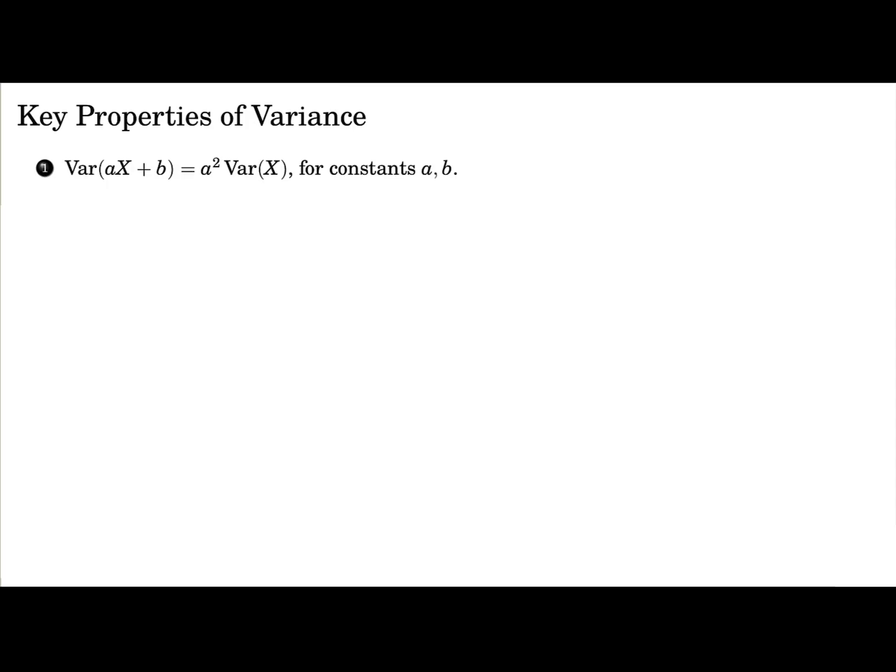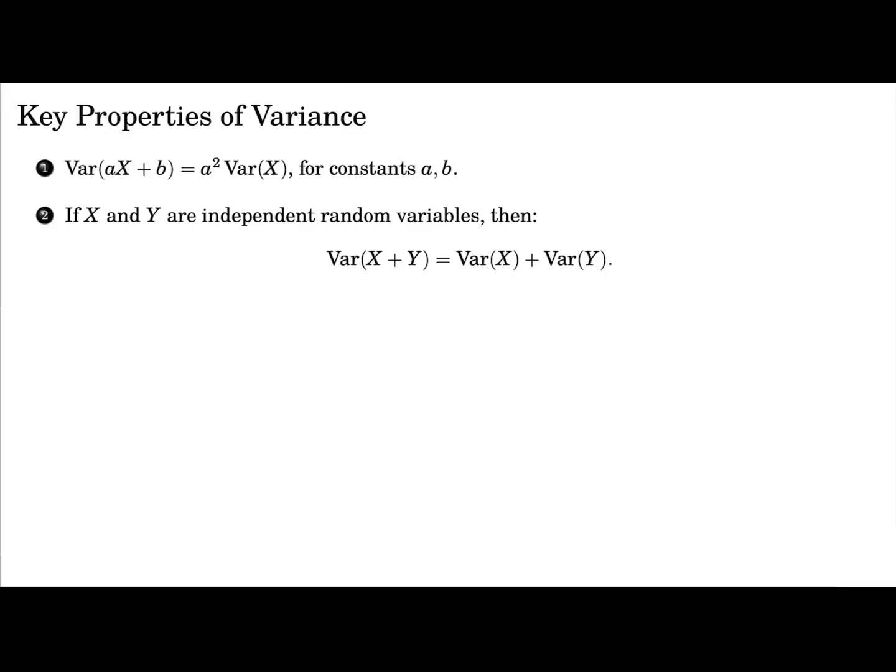Now, the second important property is about sums. If X and Y are independent random variables, then the variance of the sum is the sum of the variances. Remember that for expectations, the expectation of the sum was always the sum of the expectations. So this was true always,